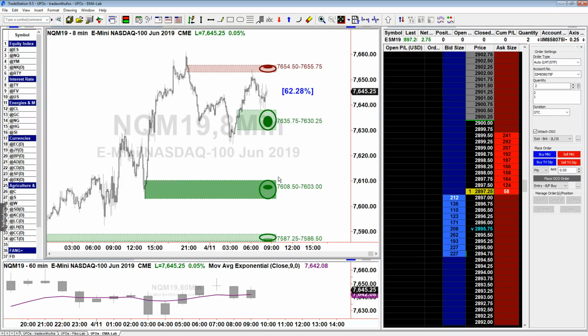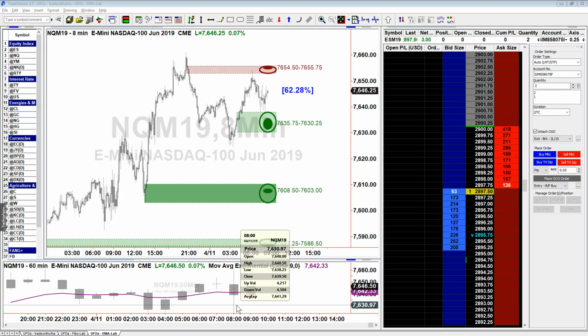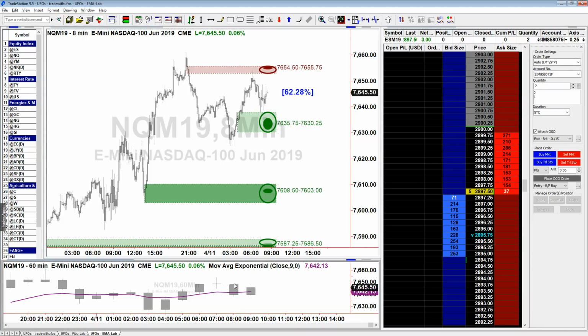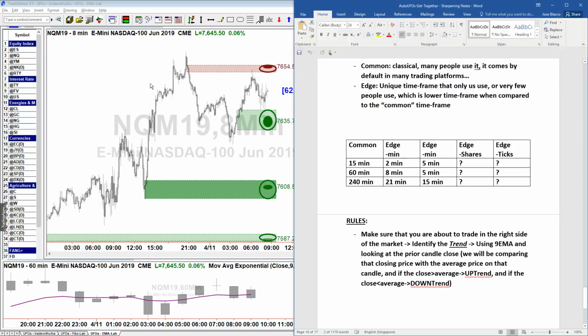With the NASDAQ, we have, I would say, a close below as well. The average is 76.41 and the close is 76.39. So the close is below, we are in a downtrend, so we are looking for red. The problem is that the red UFO is located at 54, where the average is located at 42. In other words, that red UFO is too high, and therefore we are not going to use it for that particular trade. So with the S&P and the NASDAQ, we don't have any valid trade at this moment with our combinations of time frames 15 and 2, 60 and 8.